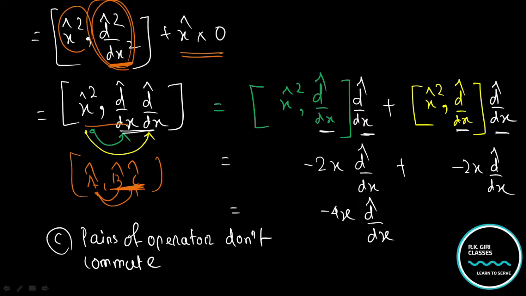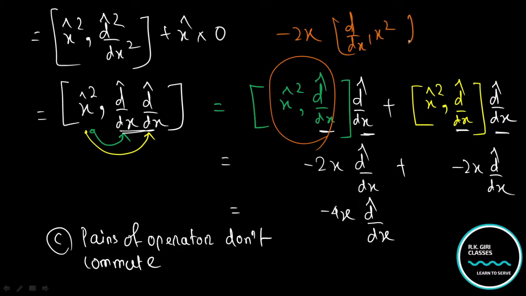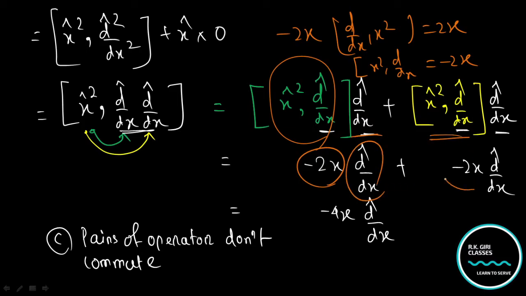That is x square dx, x square dx, and x square dx, and you have to make combo of dy dx, right? And dy dx. This is dy dx and this is dy dx. Clear? Now this value will be minus 2x. Already we discussed, that is dy dx s square is equal to 2x. So therefore x square dy dx is equal to minus 2x and dy dx. Similarly, this is minus 2x dy dx. That means how many minus 2x dy dx? 2 minus 2x dy dx, that is minus 4x dy dx.